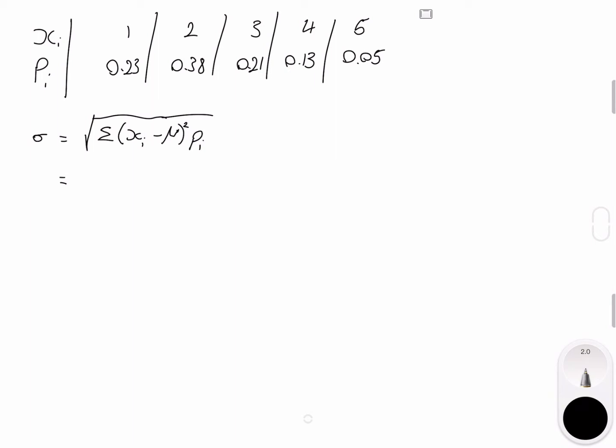Well, it's equal to the square root of 1 take, and remember we did find that the mean previously was 2.39, so we're going to have to use that. So 2.39 squared times 0.23 plus